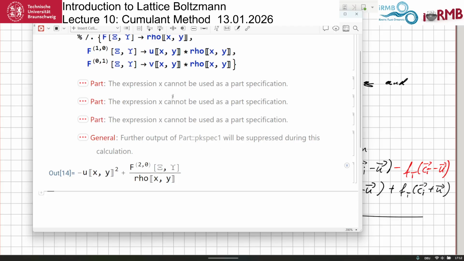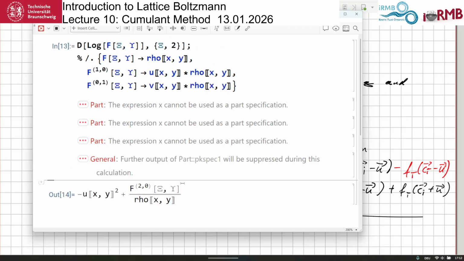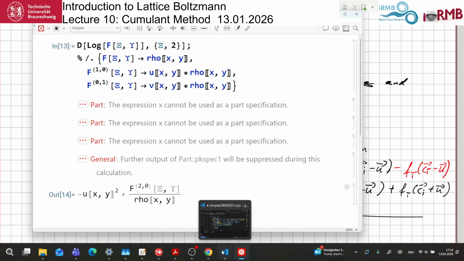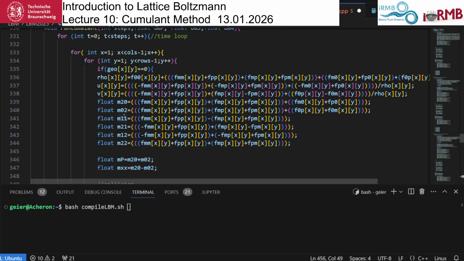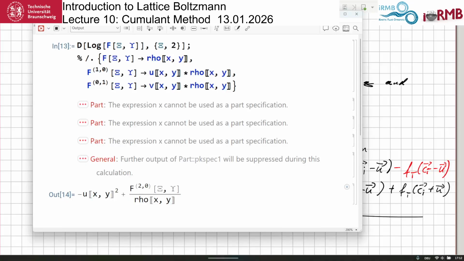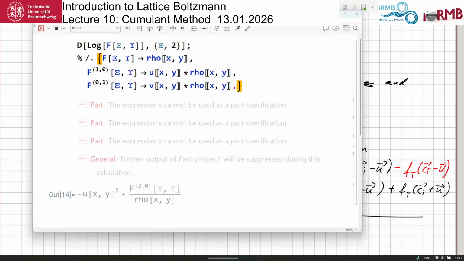Now, what we also have to do is define all the other moments. Let's have a look how we did this. So the other moments are local variables and they are just M20 stuff, right? We only have 9 moments, so we'll do this by hand. So we'll have this here